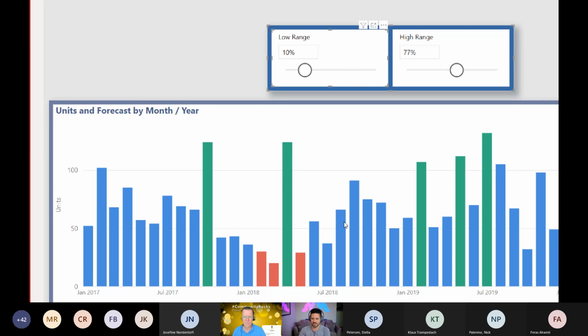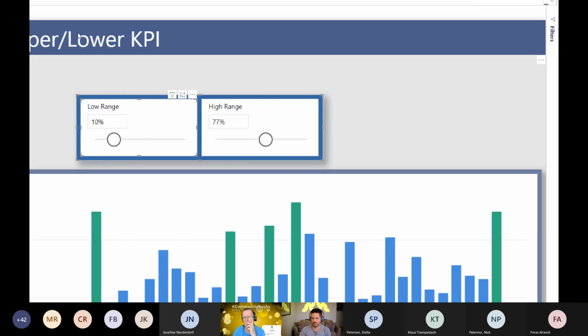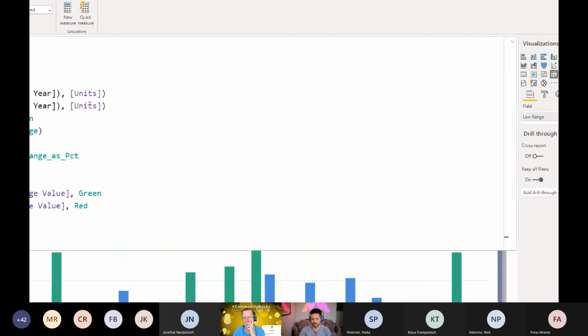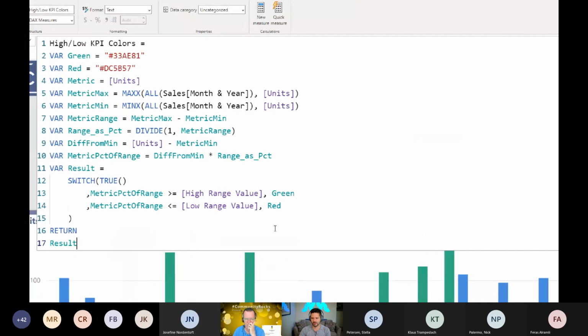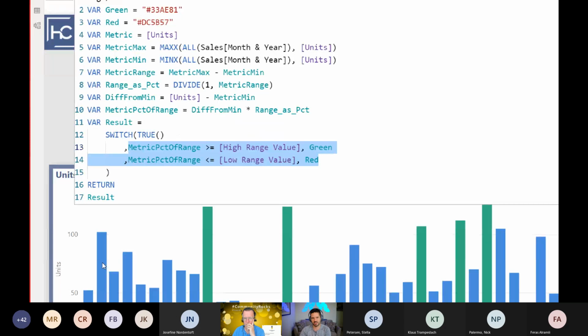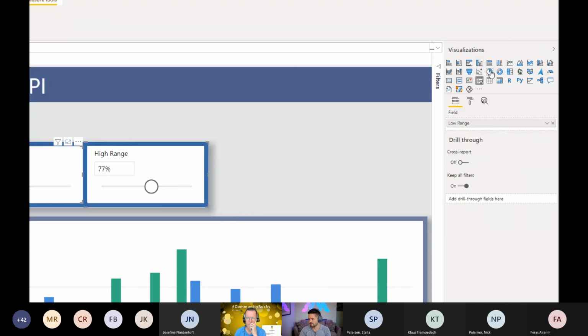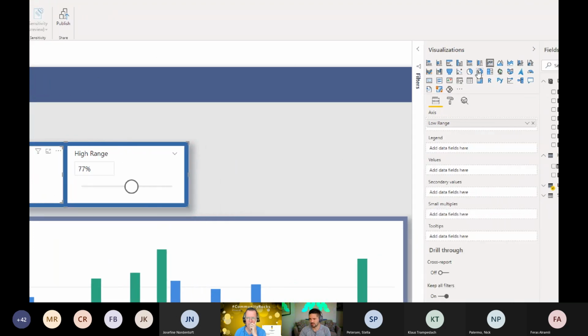Basically, that calculation can just tell you based on the upper and lower range that we have as a percentage where this falls between the two of them, and then it just says is it above or below either of those slices that I have, and if it is the case, then it returns either of those colors for green or red. So that's how it's able to color some of them, but not all of them, because otherwise, if these two conditions aren't met, there is no color being returned. It's null, which is why these ones still remain blue. It's the default color because there's no color logic being added to that. And then that beautifully translates over to that line that I was mentioning.